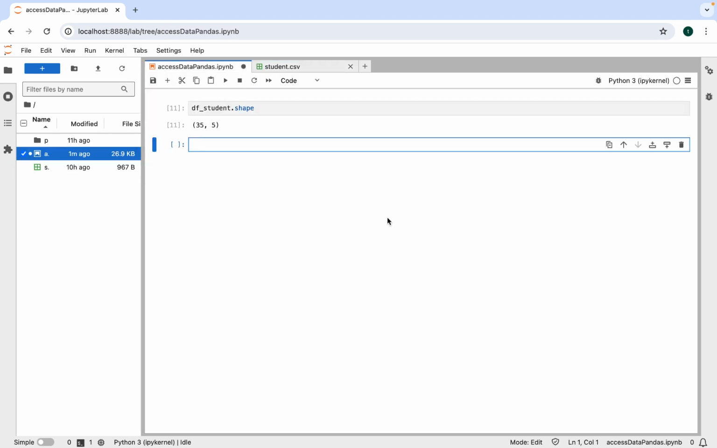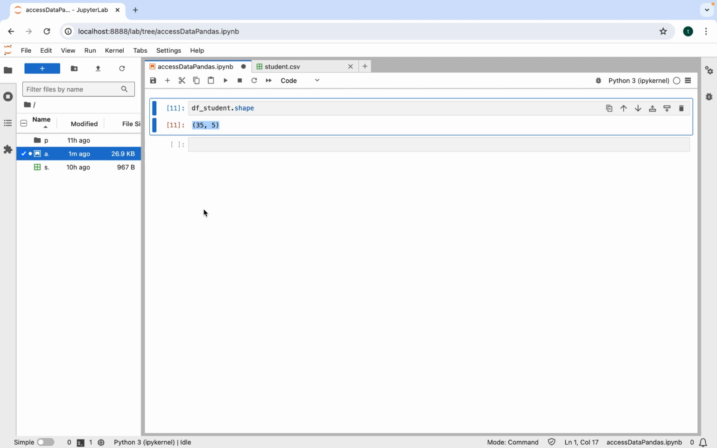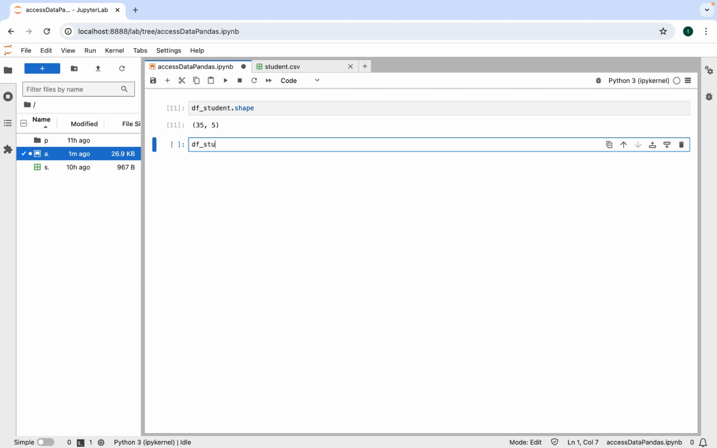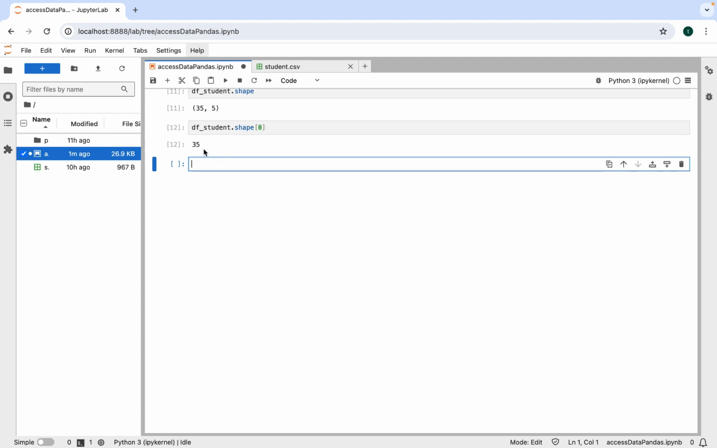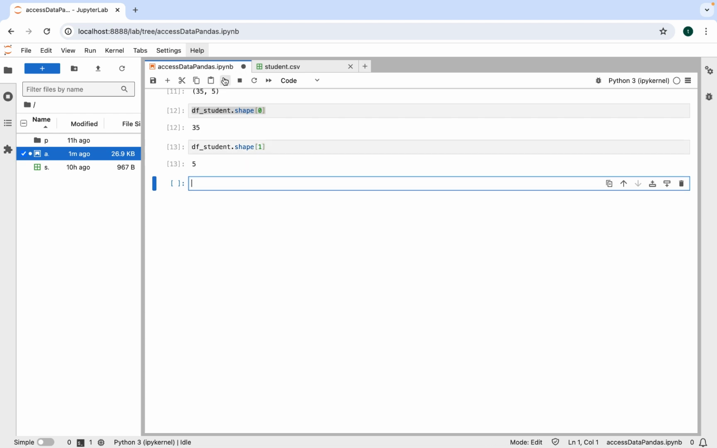Now, if you just want to find out the number of rows this data frame has, then all you need to do is access the first element of this tuple. That means the element at index 0. So it will be df_student.shape, and within square brackets it will be 0. Okay, let's run it, and you can see that we have got the number of rows from our data frame. Similarly, if you access the second element of this tuple, that means the element at index 1, then you will get the number of columns that exist in the data